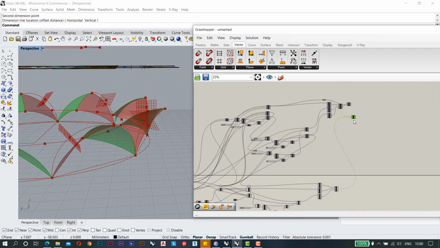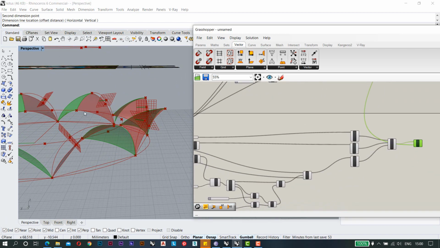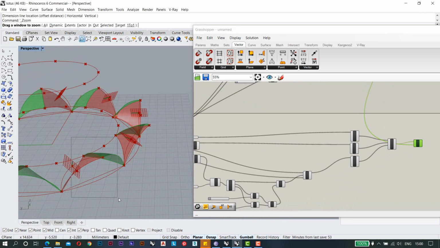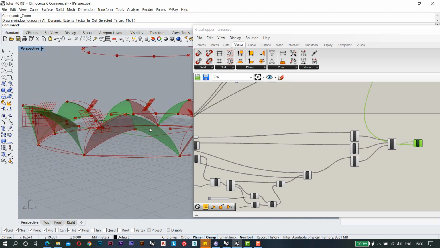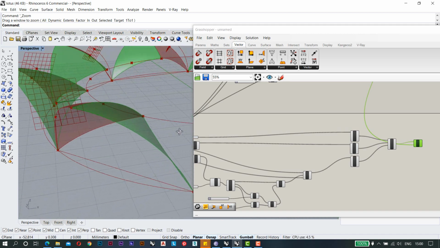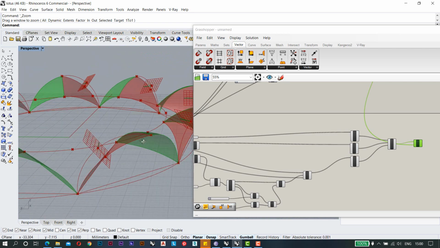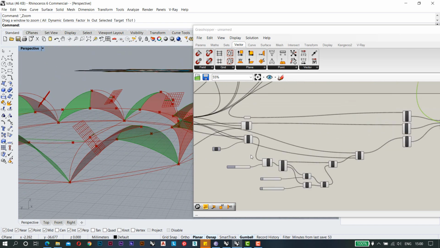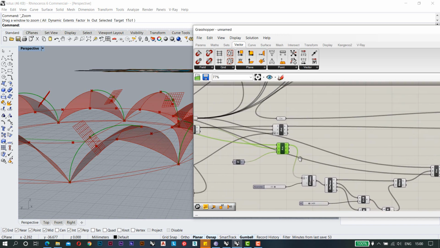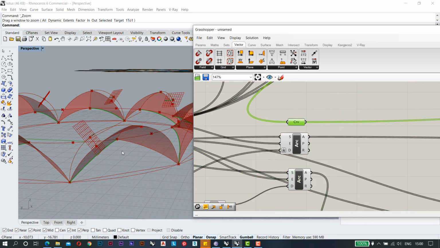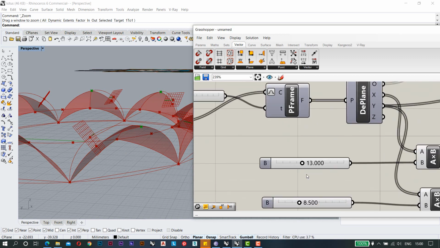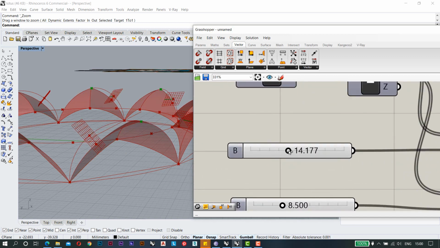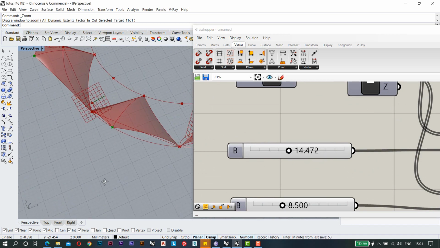So now I will go back to this point. So now if you see here, this will give you the same kind of shape that we have for it. So again you can change the point height, which is this point. You can change it to around 13 or something like that, getting better results.